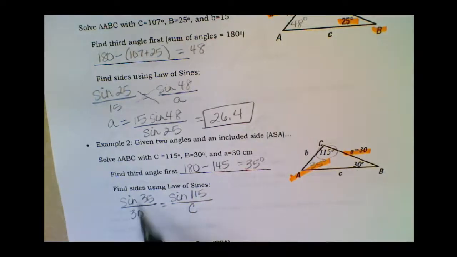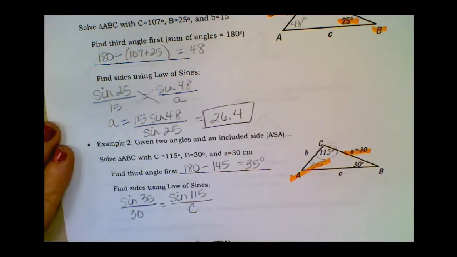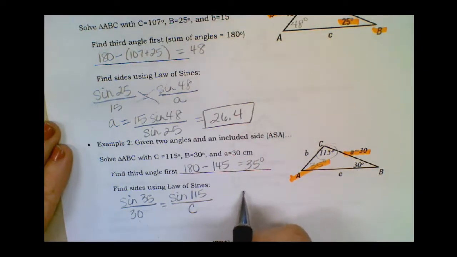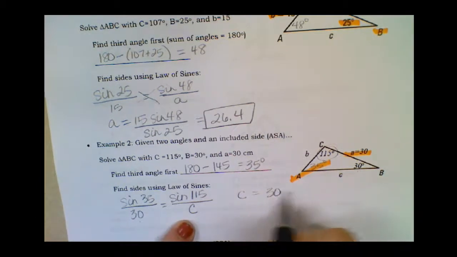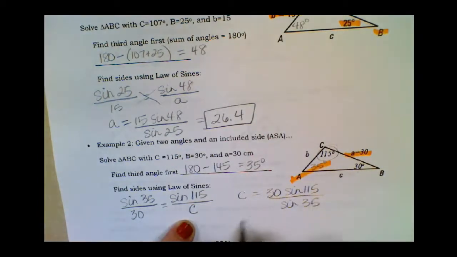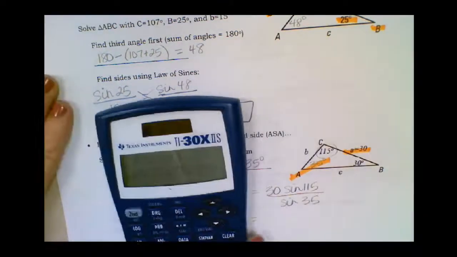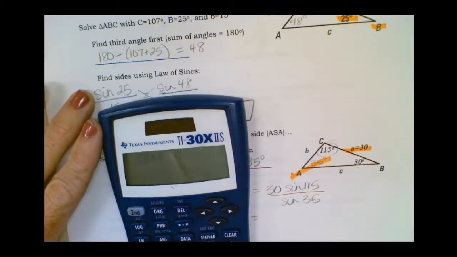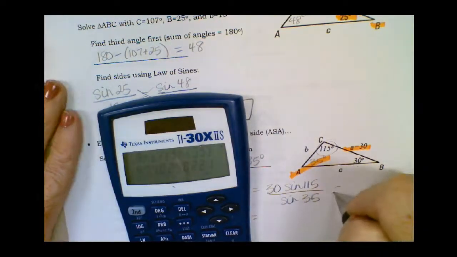Whenever you get this, the ratio should always be less than 1. If you come up with a ratio that's not less than 1, it's going to be an impossibility because remember, it's a ratio. It can't be more than 100%. Makes no sense. And 1 is the decimal equivalent of 100%. Just something to tuck into your memory for the future. So C would equal 30 times sine of 115 over sine of 35. So the length of C, and I'm going to do that again on my calculator carefully, 30 times sine of 115, close your parentheses, equals, divided by sine of 35. And that's going to give me about